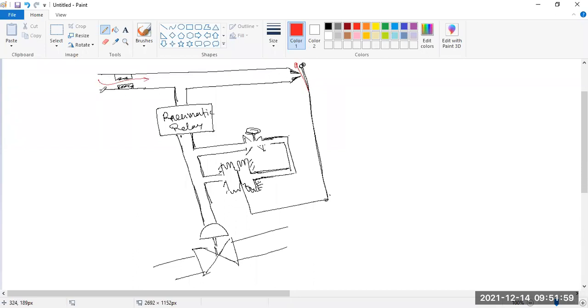Air is entering in this way, and it goes back, because you just closed this flapper. So due to this back pressure, some air tries to enter.